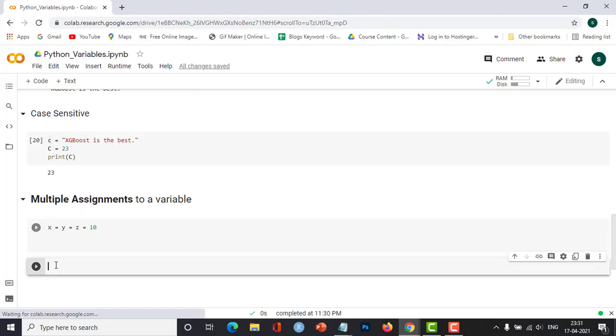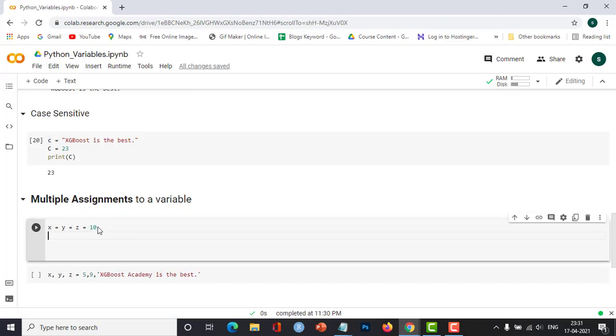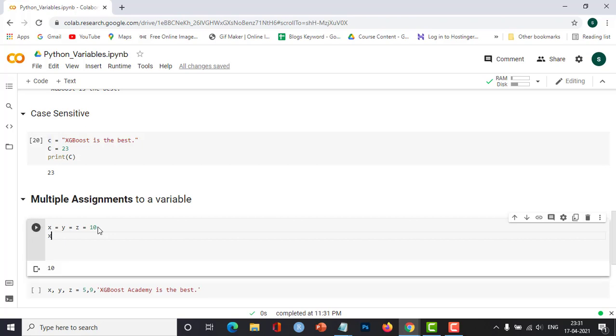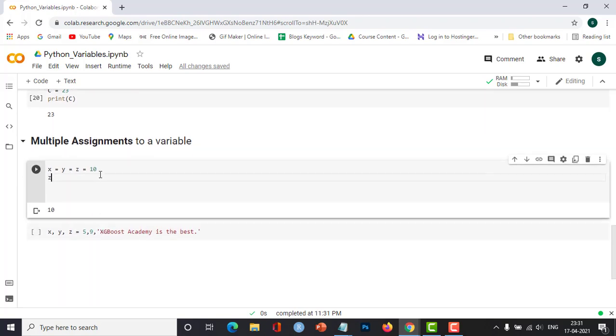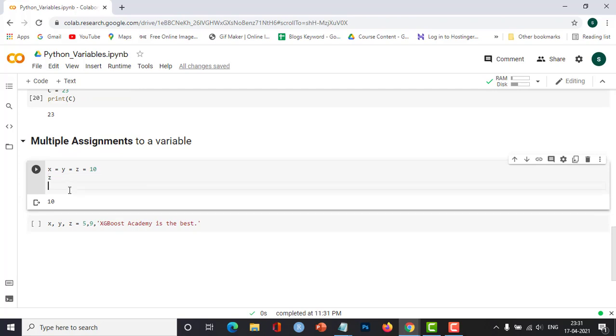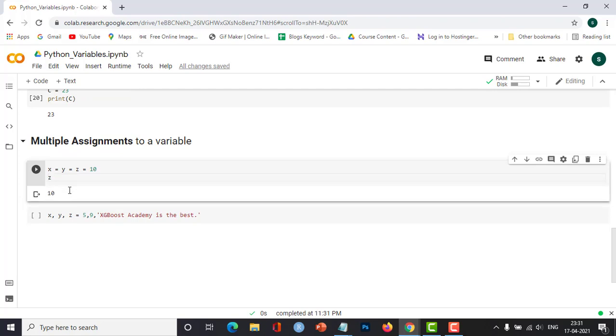I'll copy this. I'll explain the assignment in different ways. So here, if I print x, we'll get 10. I'll print y, I'll get 10 as the output, and again z, I'll get 10 as the output. So this is one way of assigning a value to multiple variables.